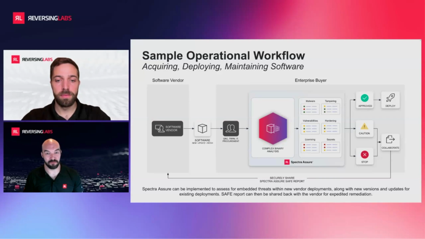So the final output, the SAFE report that Dan talked about, identifies and prioritizes the most critical security issues, like malware, tampering, suspicious behaviors, malicious AI models, which is actually a new addition to our platform. And that provides TPRM and cybersecurity, IT, a digestible means to communicate internally about how to implement the proper controls for known attack vectors. So if an issue is discovered and there is an immediate fix available, this at least provides you the context